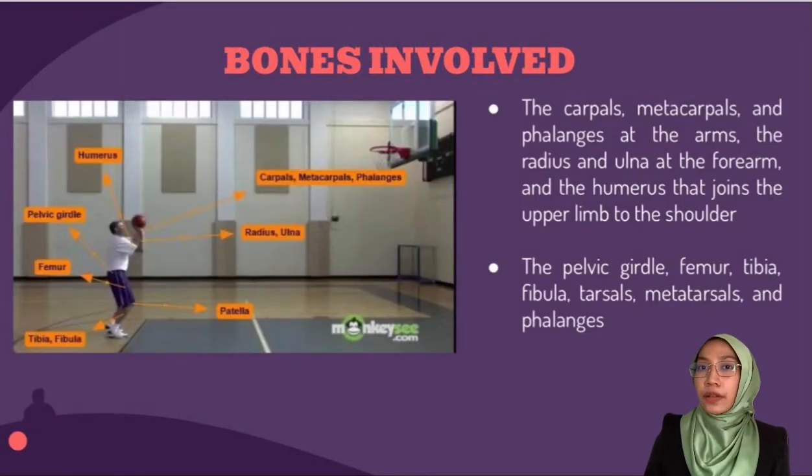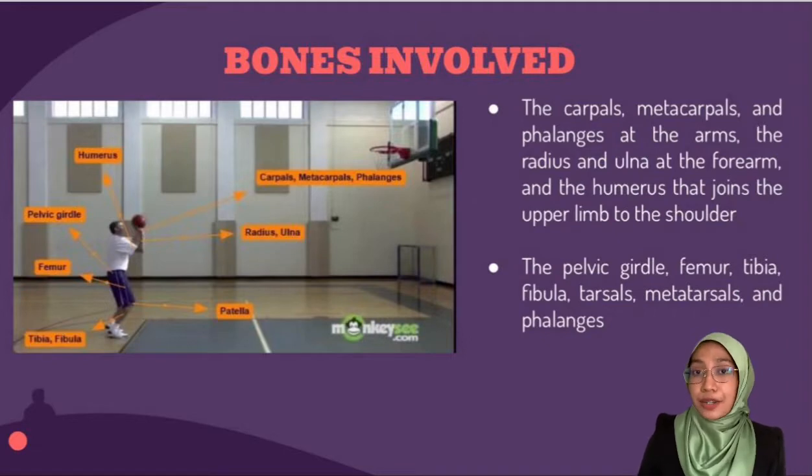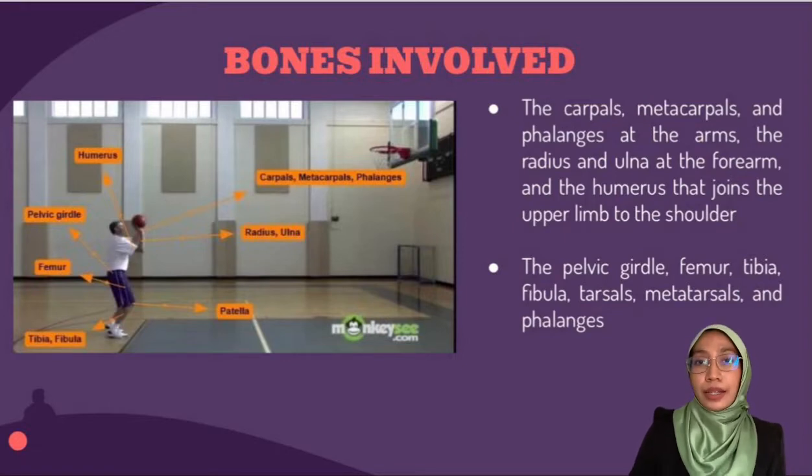Next are the bones involved. Bones are part of the skeletal system and are utilized to support posture, protect internal organs, and also facilitate movement. To ensure that humans move in an upright, balanced manner, they must be robust and also stiff. Numerous human body bones are involved in the basketball free throw. So for the upper body, the carpals, metacarpals, and phalanges at the hand, the radius and ulna at the forearm, and the humerus that joins the upper limb to the shoulder make up the arm. For the lower body, the pelvic girdle, femur, tibia, fibula, tarsals, metatarsals, and phalanges are all visible in the lower